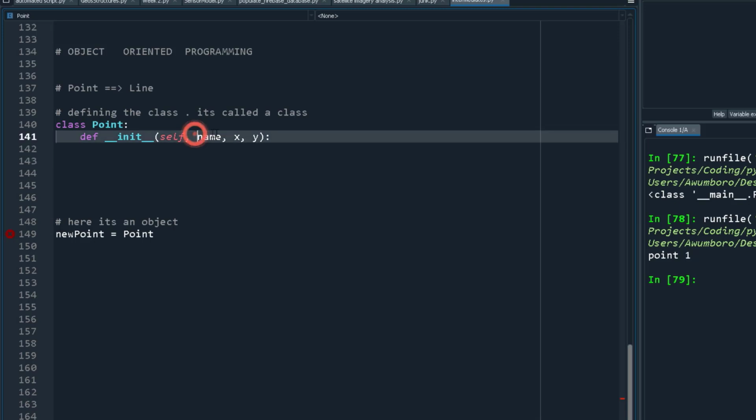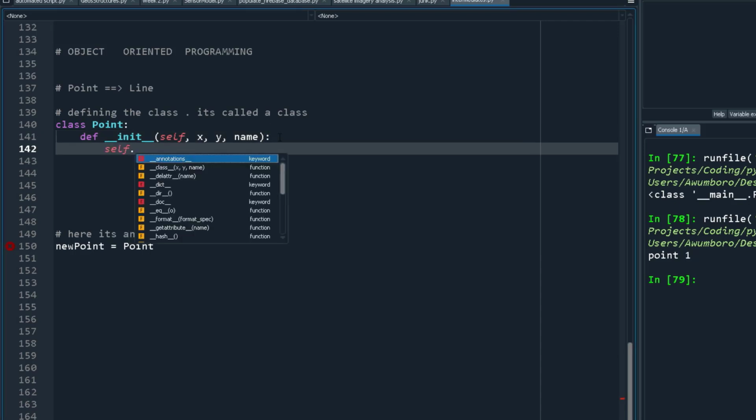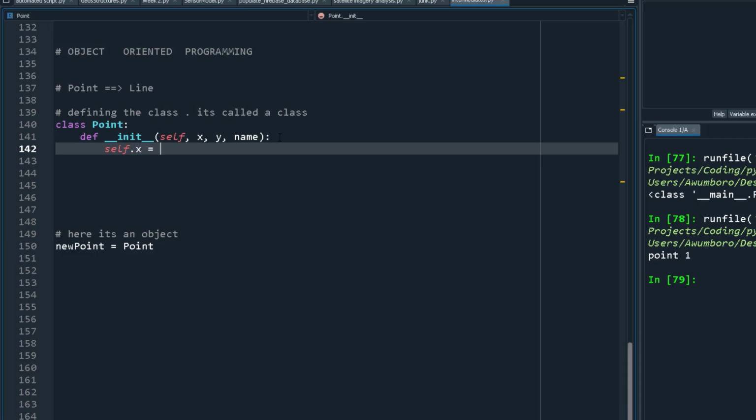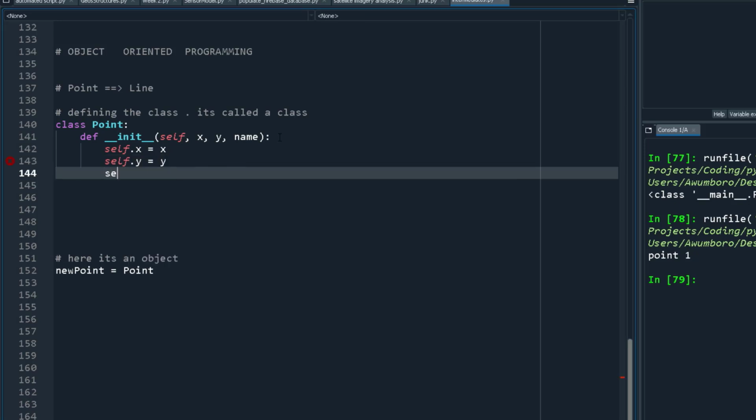Or maybe let me bring the name last, so that the x and y can come first, like this. So this class has an x and y and a name. Over here I'm going to say self.x equals x, and don't worry, I'll be explaining all these things very soon. self.y equals y, and self.name